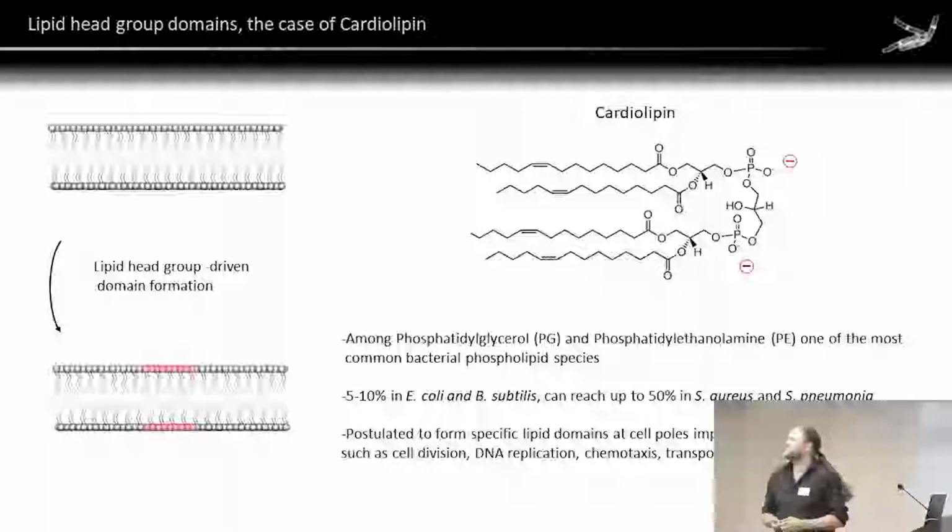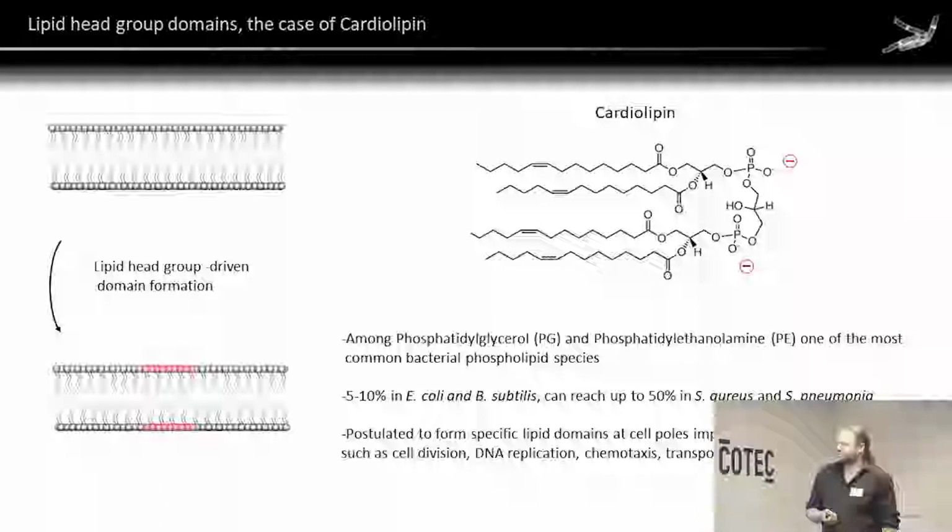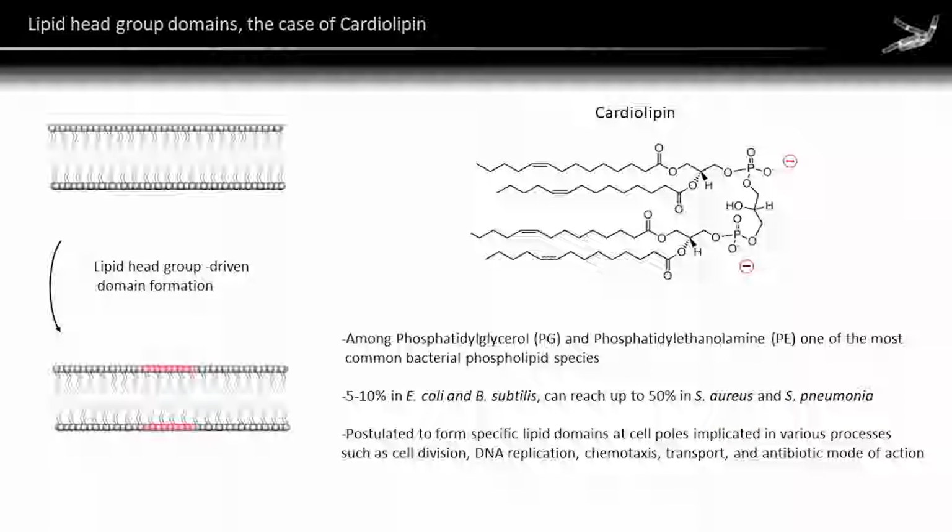So let's talk first about cardiolipin. This is the example of lipid head group driven domain formation. In bacteria, among phosphatidylglycerol and phosphatidylethanolamine, cardiolipin is one of the most common head group phospholipid species. In E. coli and Bacillus about 5 to 10%, but it can reach up to 50% in Staph aureus and